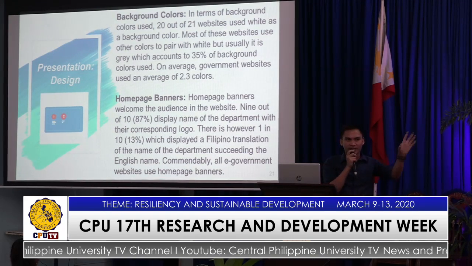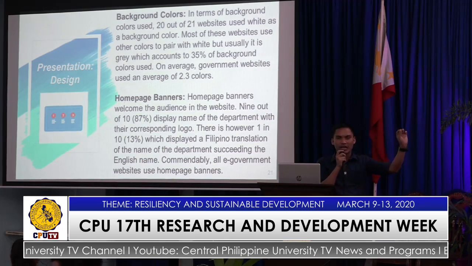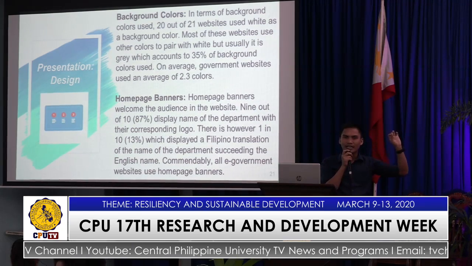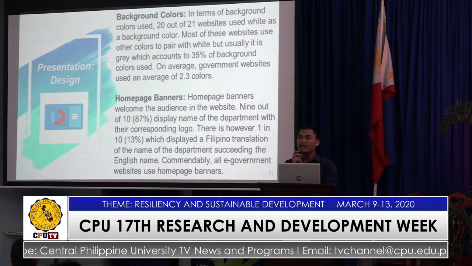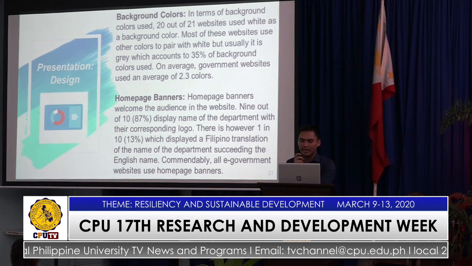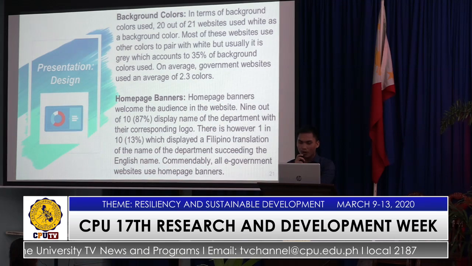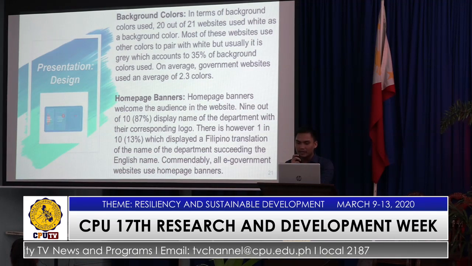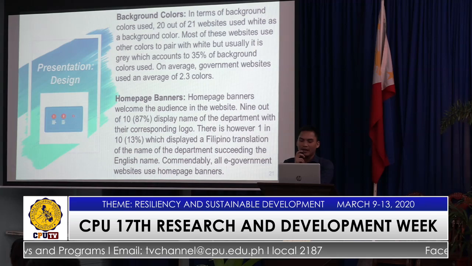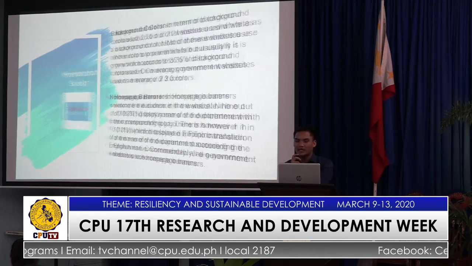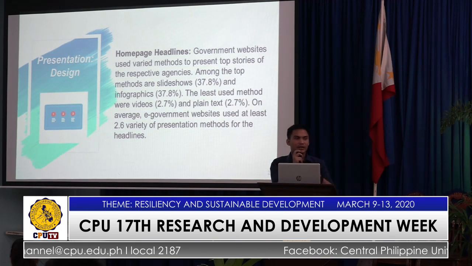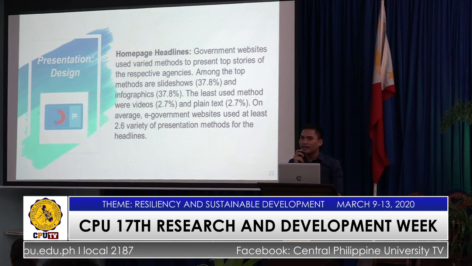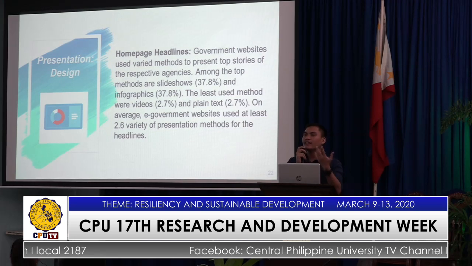Say, for example, there's the Department of Education. Under the name Department of Education, there is Kagawaran ng Edukasyon ng Pilipinas. So there's only 1 in 10 of the 21 websites. So, commendably, all of these websites, 100%, use homepage banners. So homepage headlines, I measured this by counting the variety of the